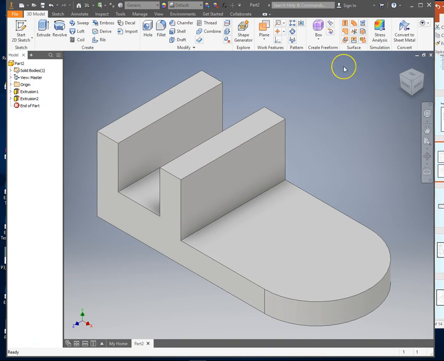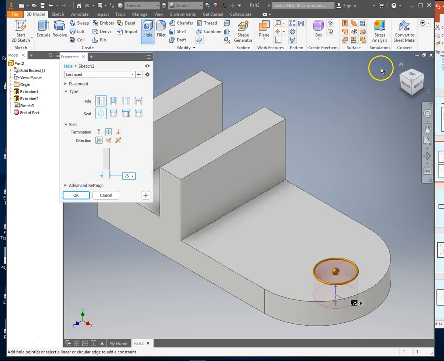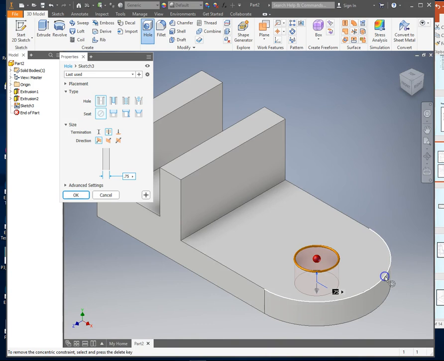Okay, now we're going to use a placed feature, and we've got hole. And I click on the surface. I want to put the hole, and if I go to the outside of this circle, I see a concentric. So I click on that, and it makes my hole share a center with that radius. So I want to be sure my setting is correct: through all. The direction is correct. The size is